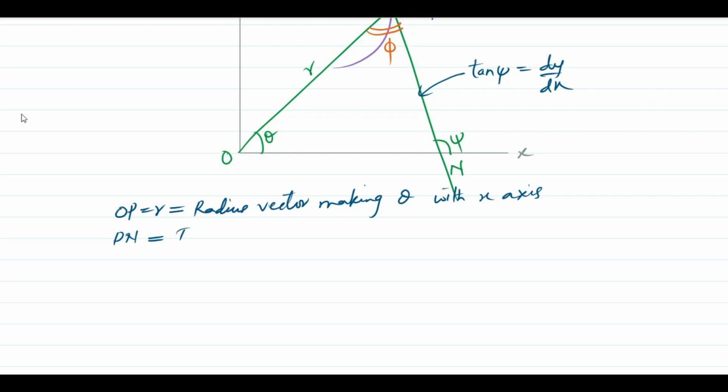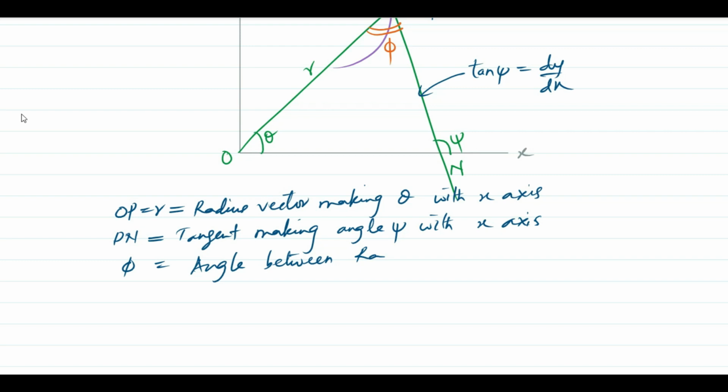PN is the tangent making angle psi with x-axis, and phi is the angle between radius vector